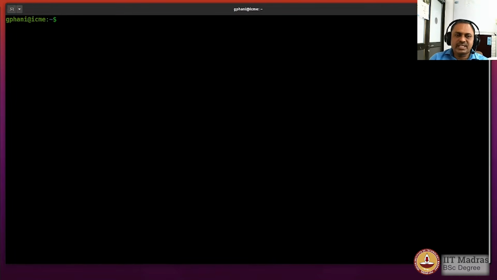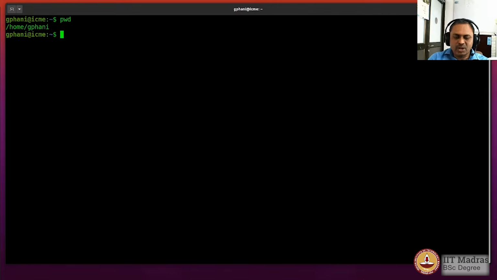Now one of the first things that we must do when we open a command line environment is to check where we are with respect to the file system. pwd is a command to show you the present working directory, and normally you will see that you are in the home directory. When you first log in and open the terminal environment, you will be placed in the home directory of that particular user you are logged into. In this case, the home directory is /home/username, which is what is configured for this particular account.